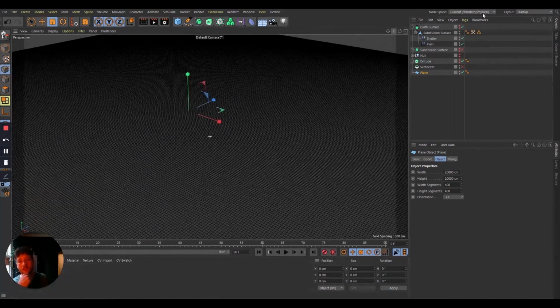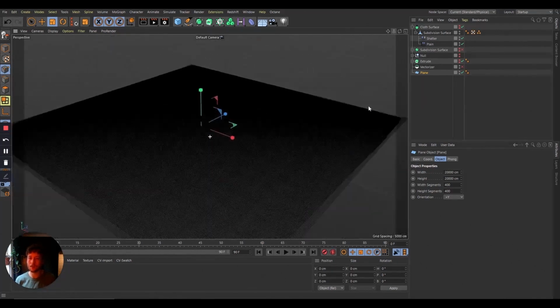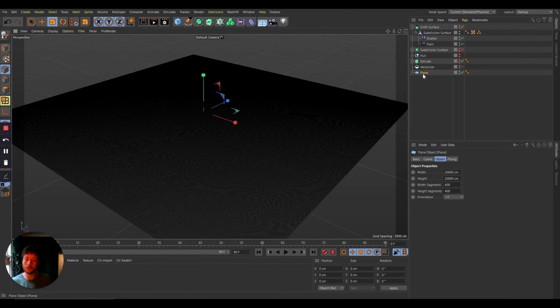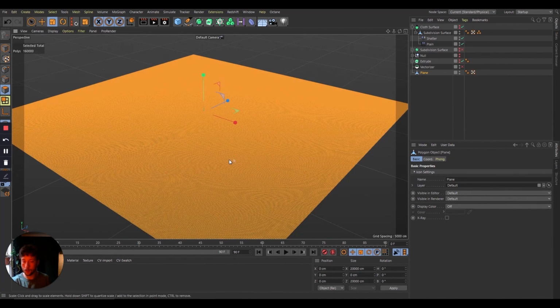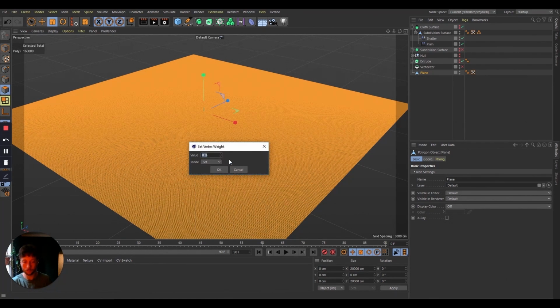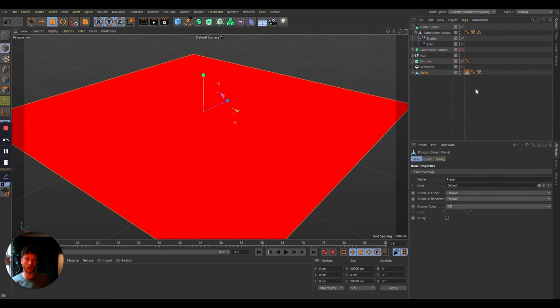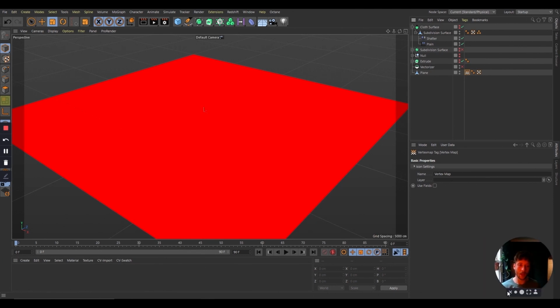And the reason it's dense is because we kind of want to treat each poly in this like a pixel. We want it to be quite high res for what we do next. Okay, so first off we make this editable, and then we go into poly mode, Control A, Shift C, and then set vertex weight. Hit OK. And if we go into our regular flat shading mode, you can see that we've just created basically a weight map, and it's all set to 0. We don't want it set to 0. We want it to be inheriting